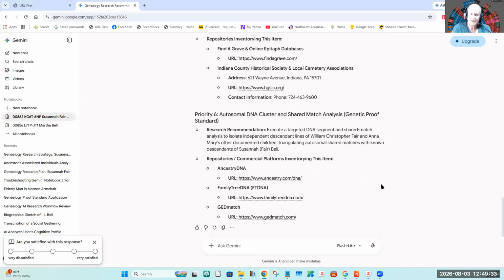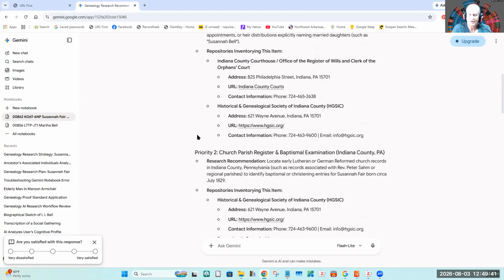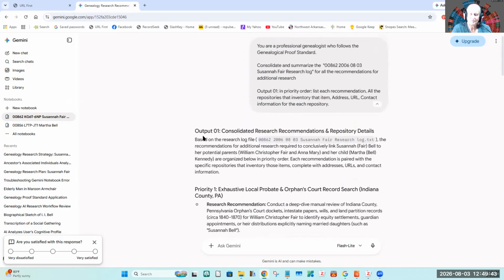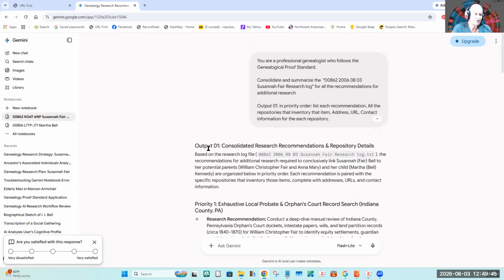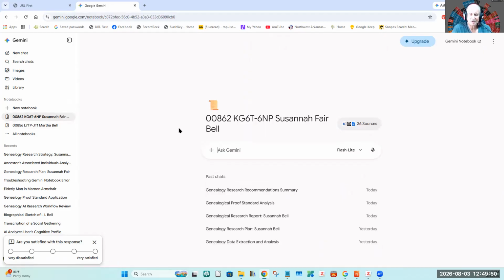All right, so that is what I did, and basically I've got a lot of work to do on Susanna Fair, but I'm not really planning on doing it right now. This was enough to get me to this point. My main goal is to get this back to Ireland and Scotland on this suggestive line, and I'm willing to take a medium at this point and go back.